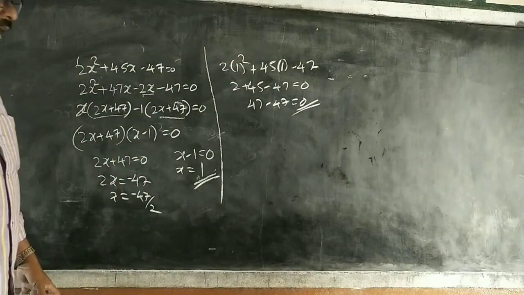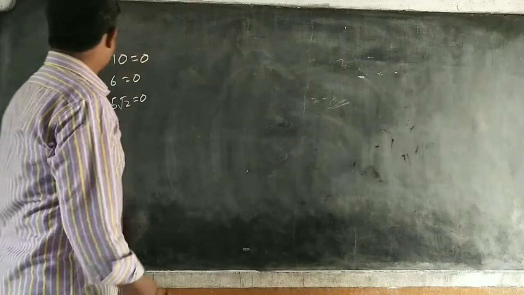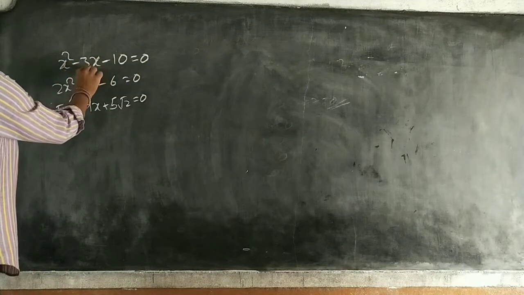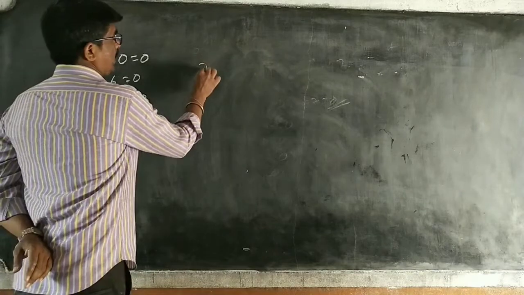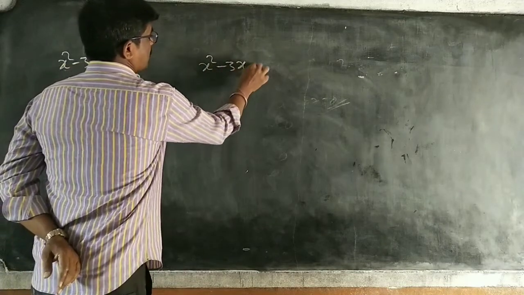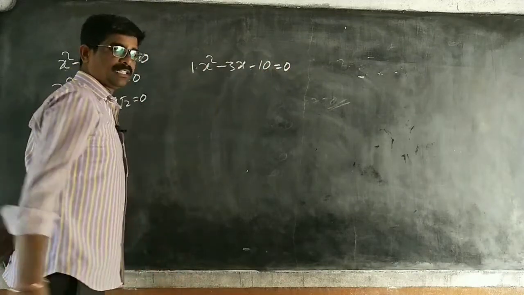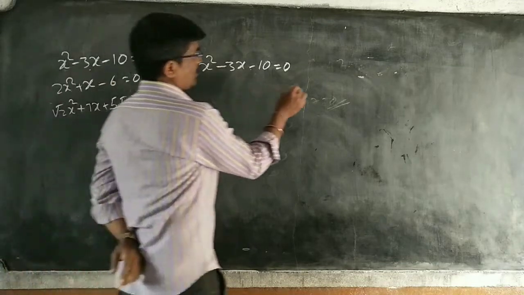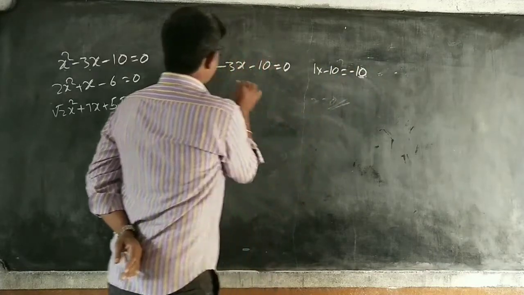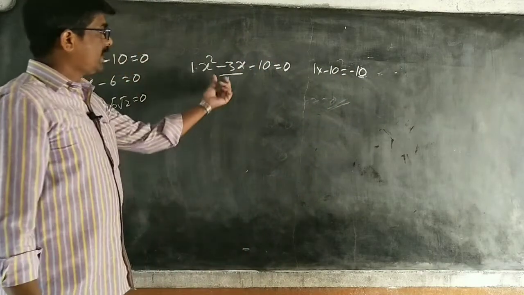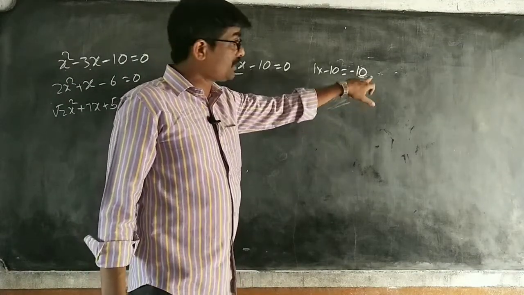Simple concept. Okay? Right. Copy it. Again one problem. x square minus 3x minus 10. These are quadratic equations. We have to solve by factorization. So x square minus 3x minus 10 is equal to 0. Here minus 10, the coefficient is 1 only, nothing but 1 into minus 10. 1 into minus 10, you have to write minus 10. Next here x term is there. So for this x term we have to write the product of factors, addition or subtraction of these factors.